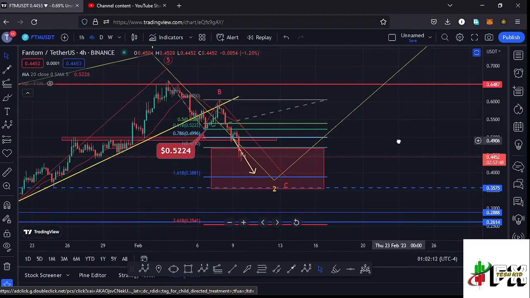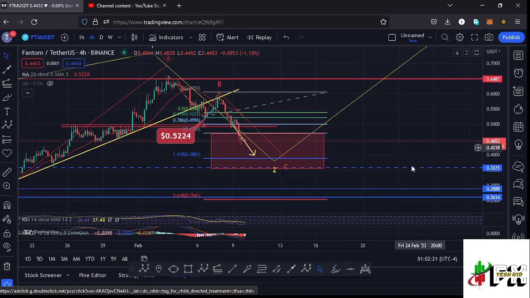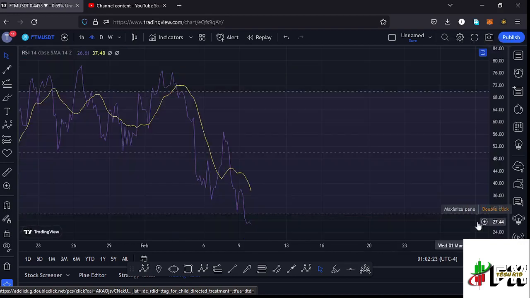So let's be patient and see how that plays out, whether we are going to fully maximize our red target area. And once we fully maximize it, then we can expect that massive bounce to the upside in the formation of that wave 3. And before I give you the long-term scenarios, allow me to take a look at the